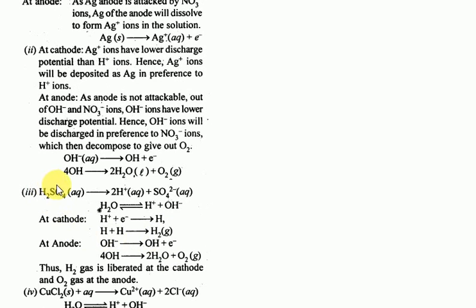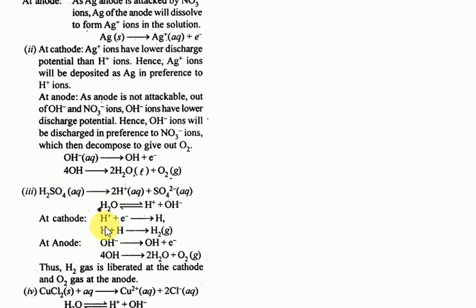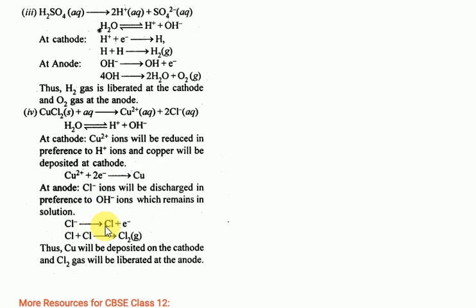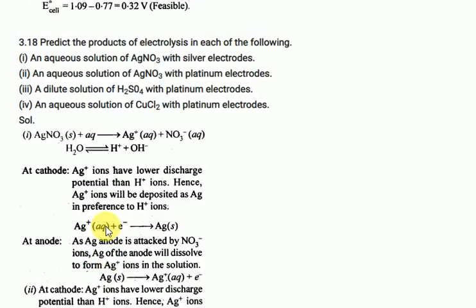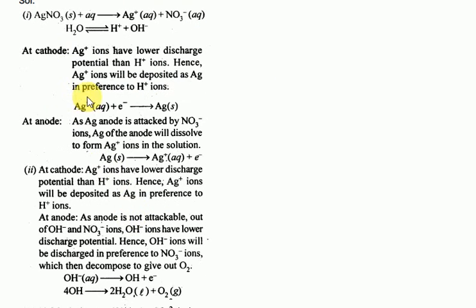Here, the sulfate ion is there, and generally sulfate is not oxidized. These are the equations. Students, we'll see a simple example so you get the idea. An aqueous solution of silver nitrate with silver electrodes. Since the electrode is silver, the anode undergoes oxidation and the cathode undergoes reduction. Nitrate ion generally does not undergo oxidation easily. Ag+ ions have the lower discharge potential, so Ag will always be deposited. In the electrochemical series, those coming below hydrogen undergo reduction easily.